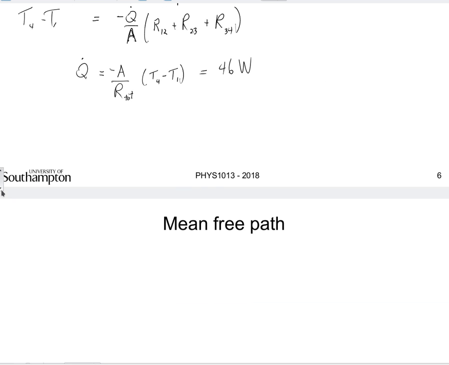Okay. Let's continue now. The next step is to ask what is the thermal conductivity of an ideal gas. We're interested in ideal gases. We know how to deal with them. We have this little model of colliding molecules, and we're going to try to compute from first principles how heat is conducted by an ideal gas. The first thing that we need before that is the concept of mean free path. So we're going to take a little detour through mean free path,